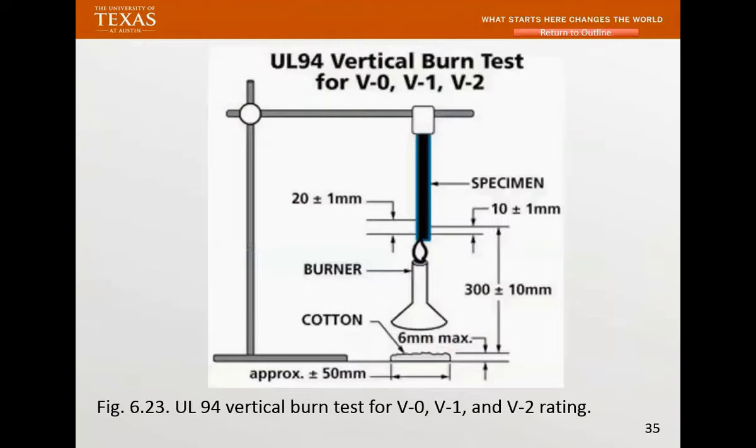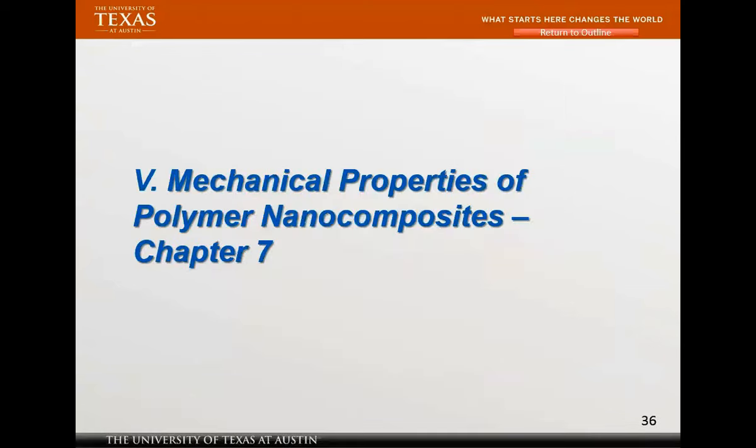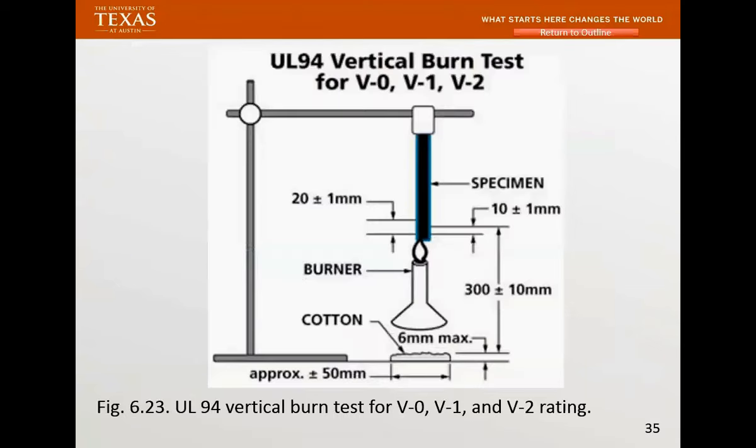Another thing is UL94, which is actually a Bunsen burner test. You put it in there and you burn it, you see 10 seconds, and you get a rating of V0, V1, or V2. Is it a good test? It's not a perfect test. But when you try to sell your material to the industry, they're looking for V0. If you don't pass this test, you don't have this rating, forget it, they're not going to buy your material.